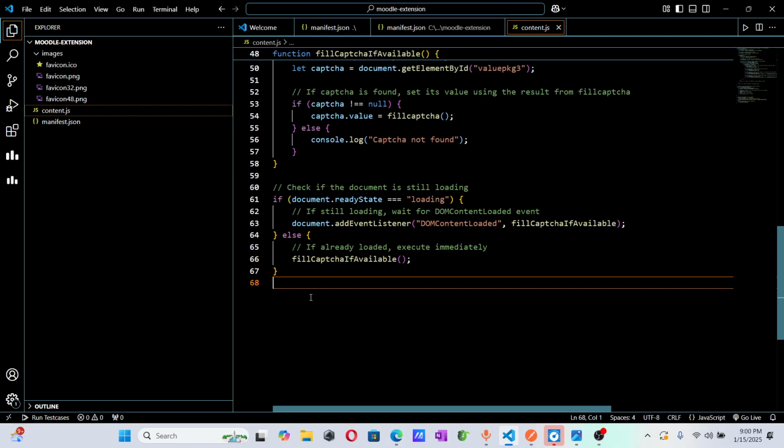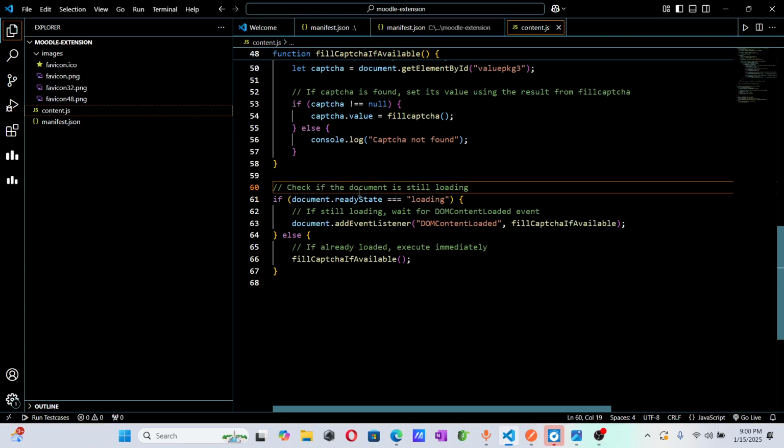Okay, so document is like everything you receive from the server, it is converted into an object called document. So it has many attributes. So it's like an HTML. So document.readyState is loading. I mean, if it's still loading,